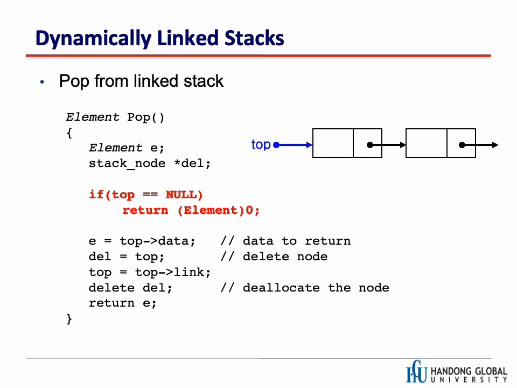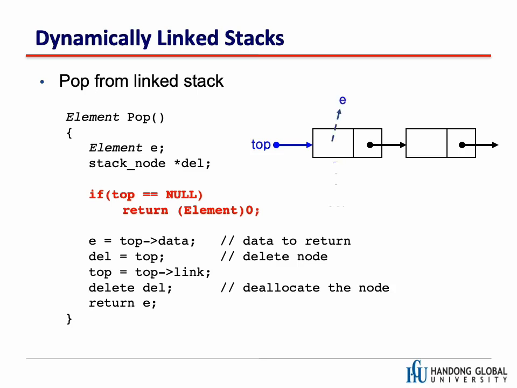Okay, and then we have one pointer del. First we check if top is null. It means actually we are checking if it is empty. If it is empty, then we return just nothing, and otherwise we copy top data to E. The type of top data is element, so we just copy that, and then del is a pointer, so del will point to what top is pointing to,